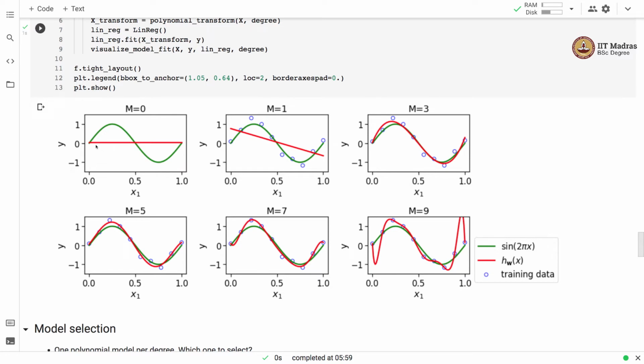You can see that for m equal to 0, or degree equal to 0, we have a model which is a straight line passing through 0. For degree equal to 1, we have another line. So this is a classical linear model. Then for degree 3, we have a smooth fitment of the model. Degree 5 also resembles degree 3 and has a very smooth fitment, but degree 7 onwards there